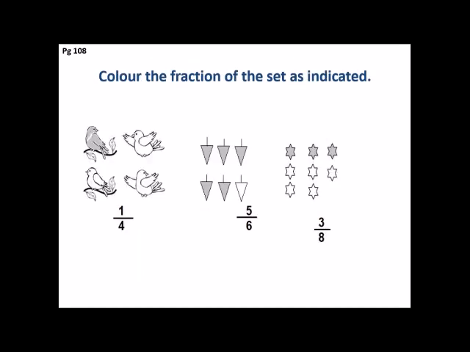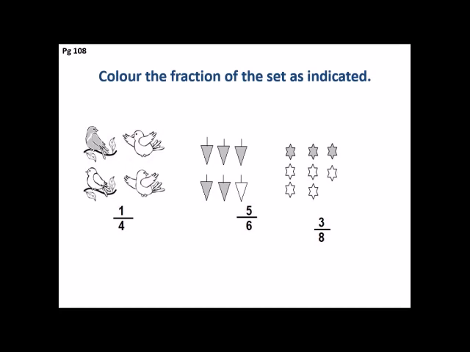Let's read question number 2 of page number 108. Color the fraction of the set as indicated. In first set, there are 4 sparrows. And you have to color only 1 sparrow according to the fraction 1 by 4. In second part, fraction is 5 by 6. It means